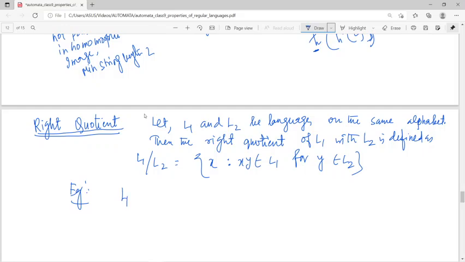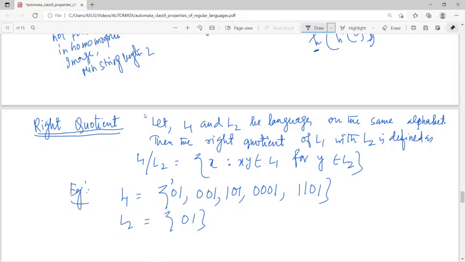ধরো if we take an example, say L1, ধরো নিলাম 01, 001, 101, 0001, 1101, এবং ধরো L2 নিলাম 01। তাহলে ভেবে দেখো আমার কোশ্চেনটা কি, এটা xy, তার মানে আমি যদি ধরি এটা x, এই পুরোটা y, xটা কি, xটা যদি এপসাইলন, এখানে আমি যদি লিখি যে x ইজ নাথিং বাট এপসাইলন এন্ড এই পুরোটা হচ্ছে y, কারণ yটা হচ্ছে 01, আমি এখানে এটাকে y নিতে পারি, এটাকে x নিতে পারি, এখানেও আমি এটাকে y নিতে পারি, এটাকে x নিতে পারি, এখানেও আমি এটাকে y নিতে পারি, এই 00 কে x নিতে পারি, এখানেও আমি 01, তার মানে এটাকে y নিতে পারি, এটাকে x নিতে পারি।